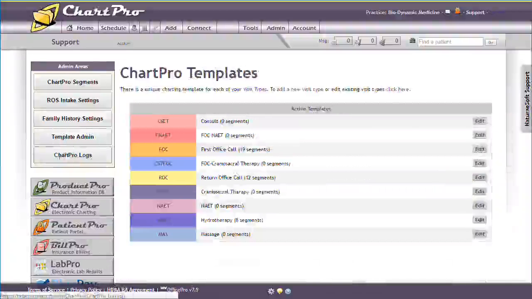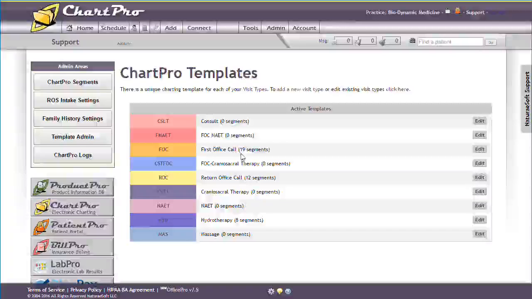Templates allow you to have different note segments for different kinds of visits. Every visit type in your schedule settings has a matching template in your ChartPro settings. To add a new template, you'll need to add a corresponding visit type in your schedule settings. You can do that from this page. By default, each template will include all of your segments. To turn off segments from a template, click Edit